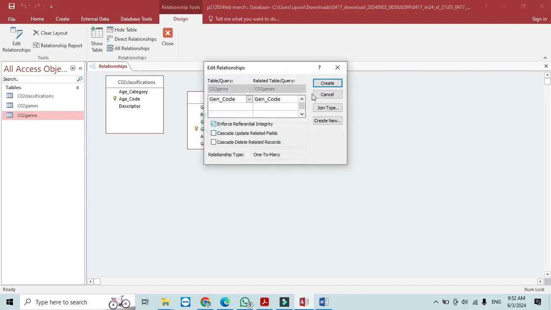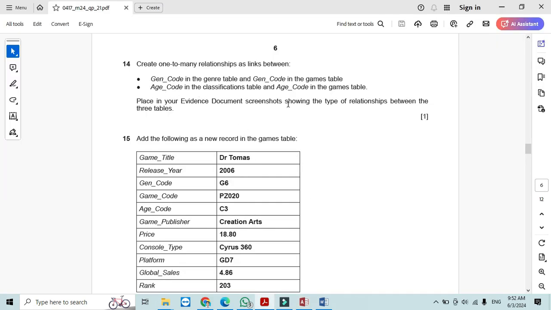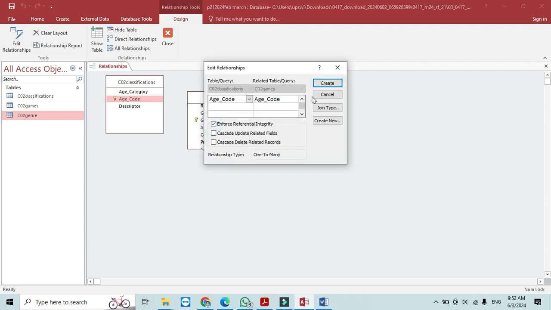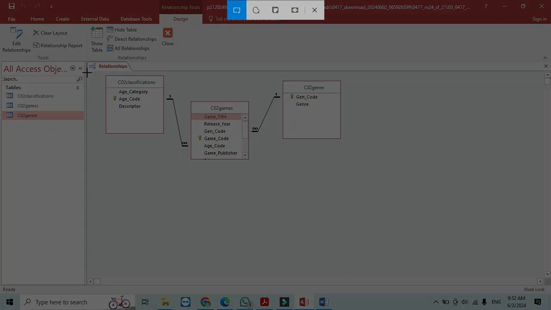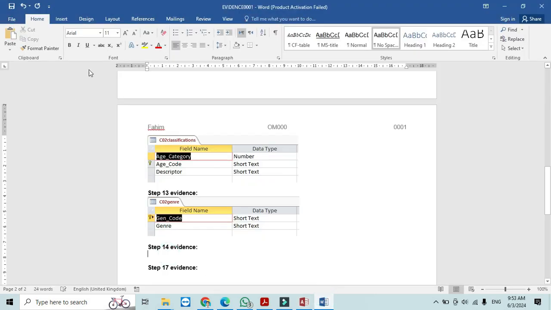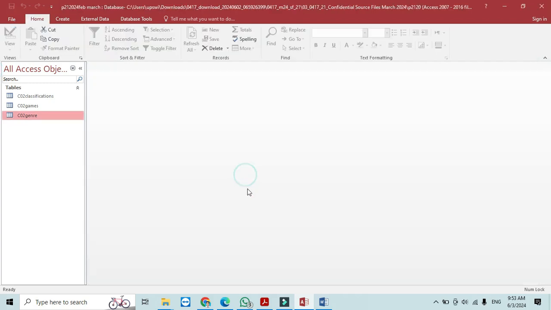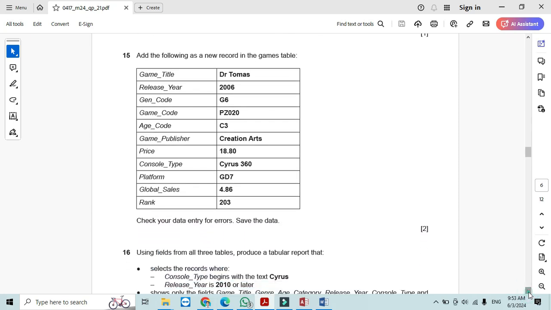enforce referential integrity, and then we have age code with age code in classification and game, age code with age code. So it is done. Now take screenshot of this one as well. This will confirm the type of relationship. Step 14, evidence. Now close and save this one, and moving forward now to add some data to our table,